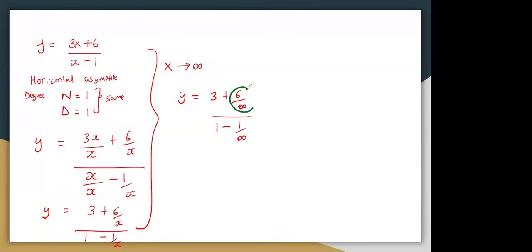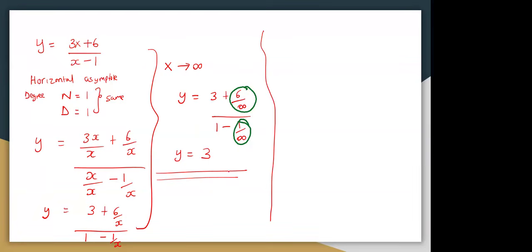So this one is going to vanish to 0. This one is going to vanish to 0. And therefore, we shall say that our y will equal 3. So that is it. Then there is a second approach, though sometimes kids make mistakes, whereby you identify